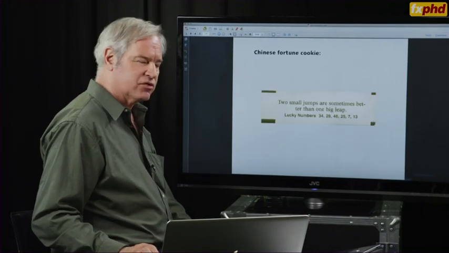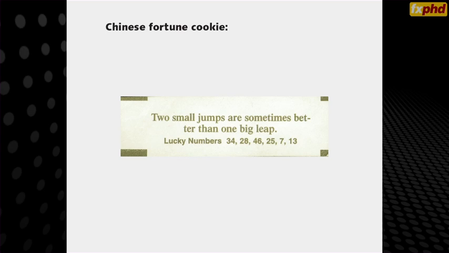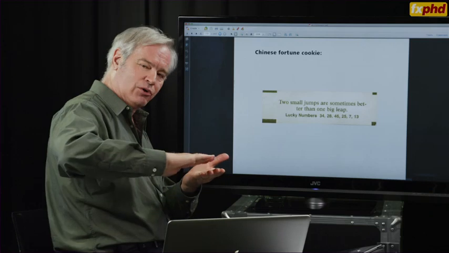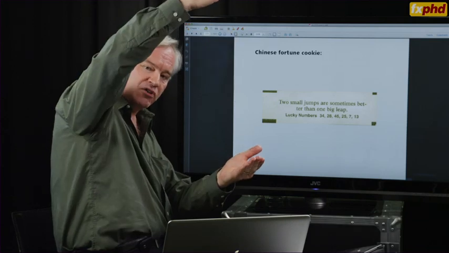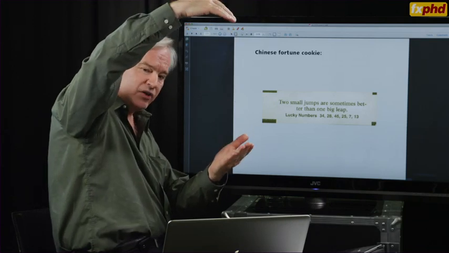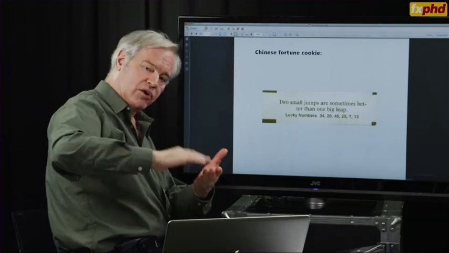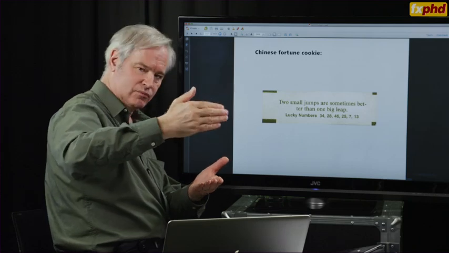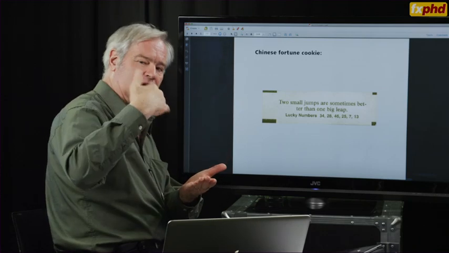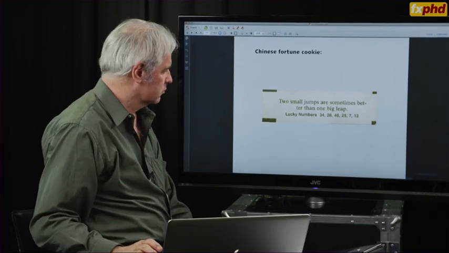So my Chinese fortune cookie on this issue, I was actually given this fortune cookie one night over dinner: 2 small jumps are sometimes better than 1 big leap. And my idea here is if you go 1 big leap, that may show up a quantization step that shows up as contouring or banding, where 2 small jumps are sometimes better. And that would be quantizing at about the J and D level.